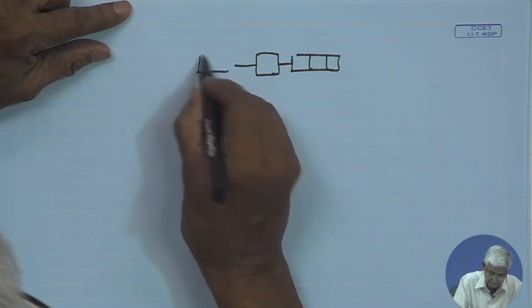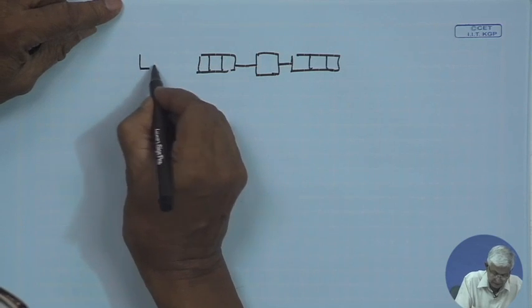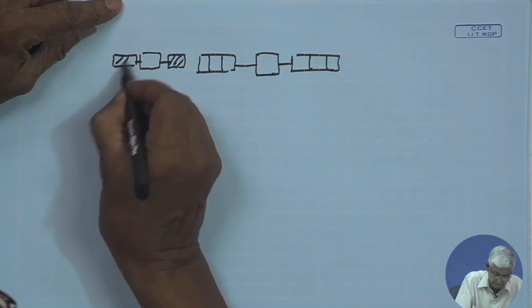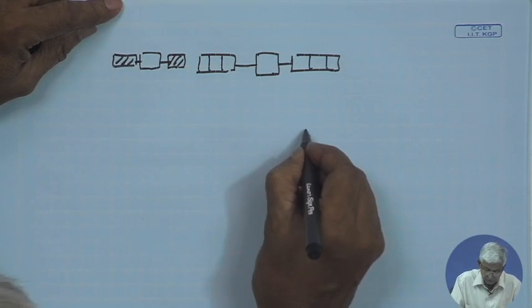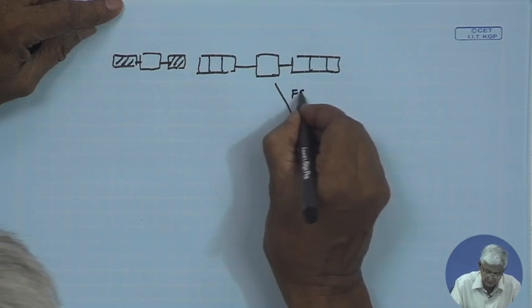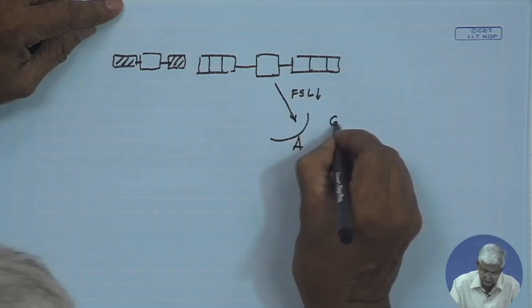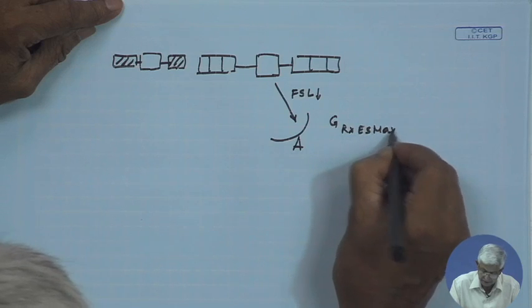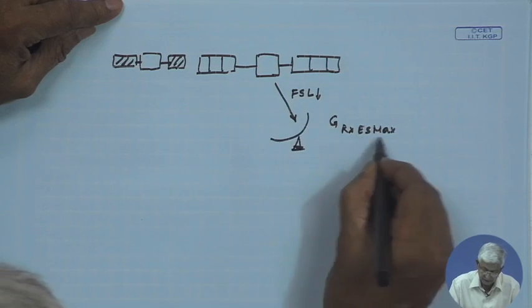Similarly, downlink interference can be calculated. So, downlink interference maybe from a nearby satellite. So, there is a nearby satellite. So, we have a station here. This is the downlink free space loss, and this is the G receive station max, because this is the wanted station and wanted link. So, it is properly pointed,